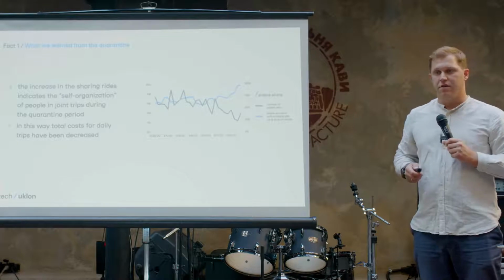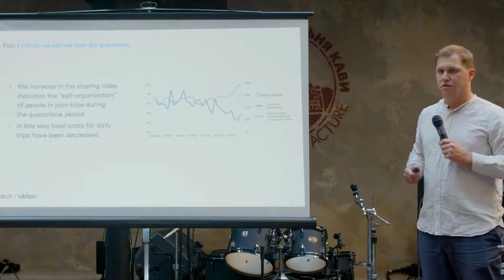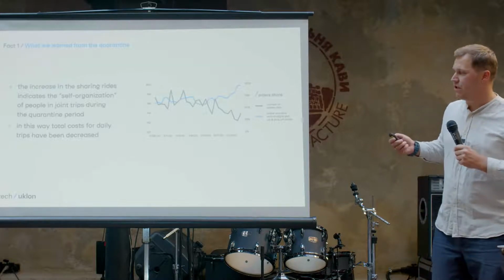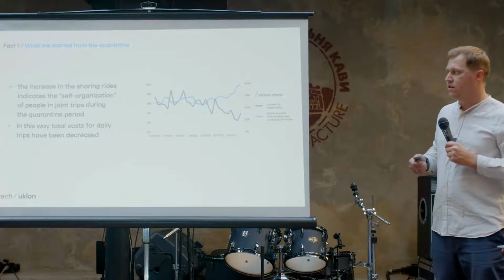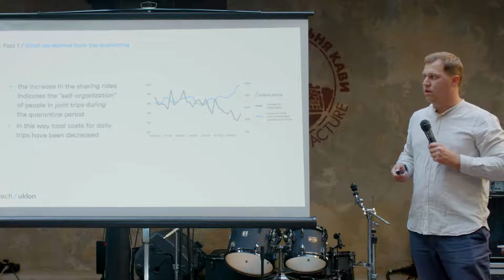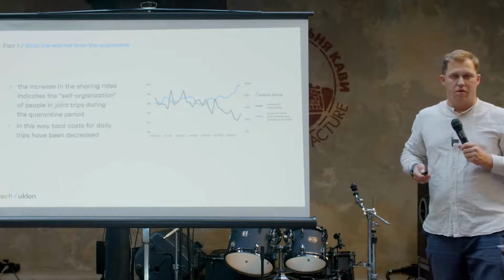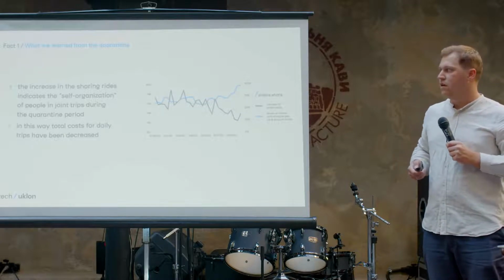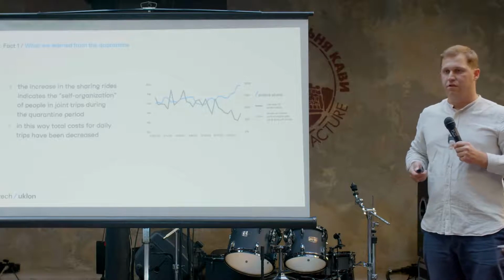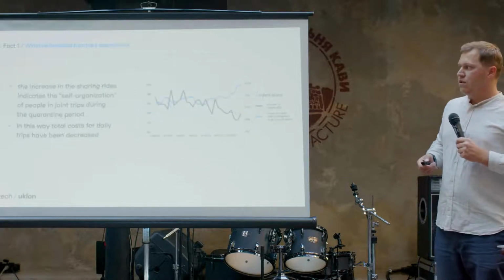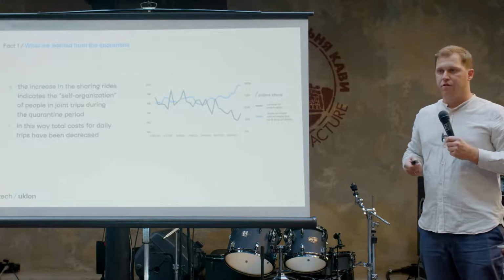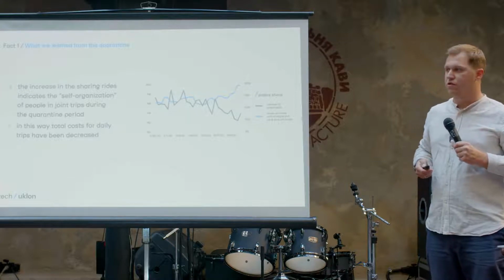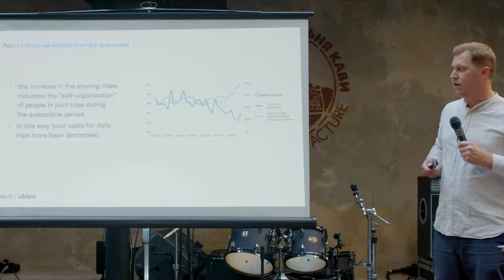In March 2020, the COVID lockdown was launched in Ukraine, and at the same time we saw the percentage of shared trips start rising. The rise was gradual, so we wanted to know what happened. As you know, all types of public transport were unavailable. It was only available for emergency workers. Also, we saw that people started to self-organize their trips. They combined different trips into one general trip, trying to reduce the cost of the ride.